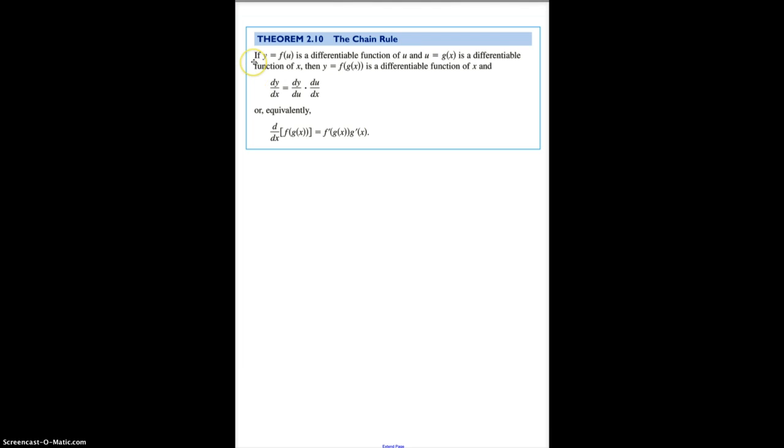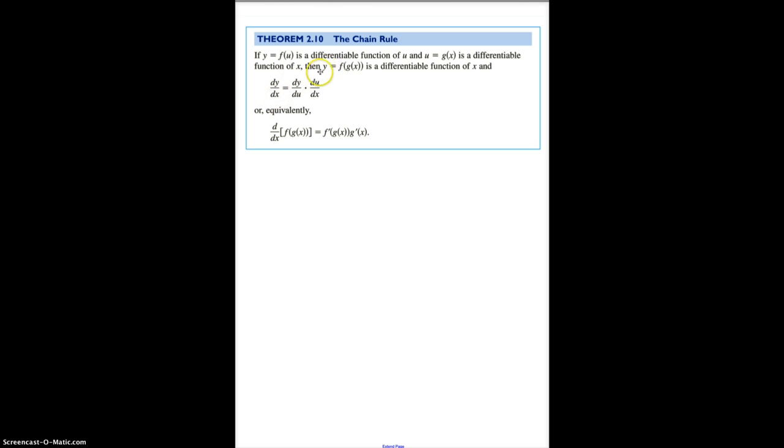It says, suppose I have a function y, which is a function f, and that is a differentiable function of u, and u is a function of x. U is equal to g of x, is also a differentiable function. Then y is f of g of x is also differentiable, and the derivative with respect